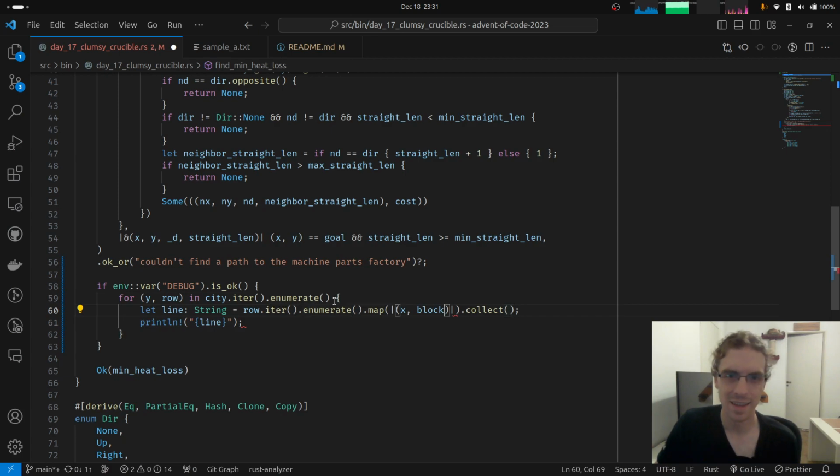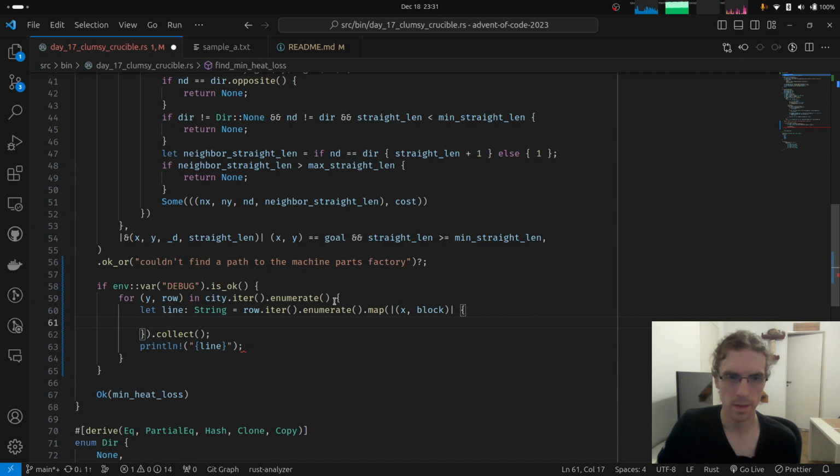Okay. And what are we going to map each block into? Well, first let's just print the block numbers. So this collect, I think, in order to make a string, we'll have to print each character, right?